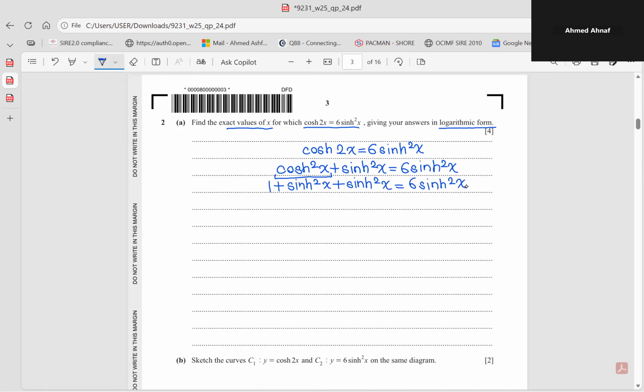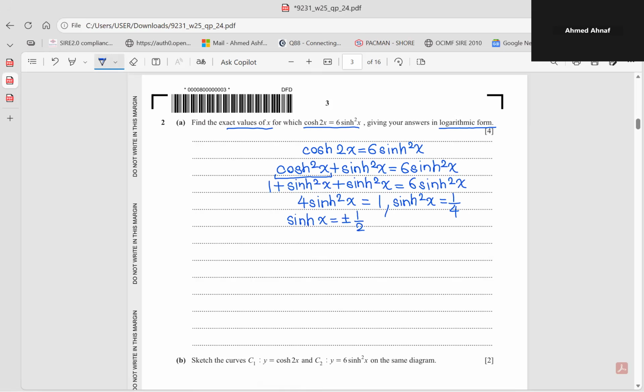So moving all the sinh square x's to the right hand side, you'll get 4 sinh square x equals 1. That would get you sinh square x equals 1 over 4, and sinh x would therefore be the square root of 1 over 4, both positive and negative, which is plus or minus